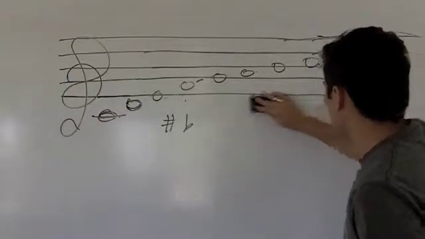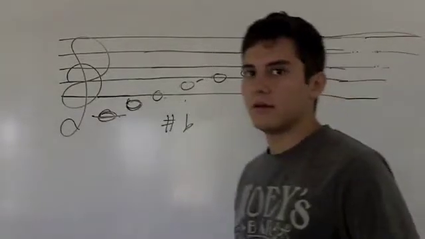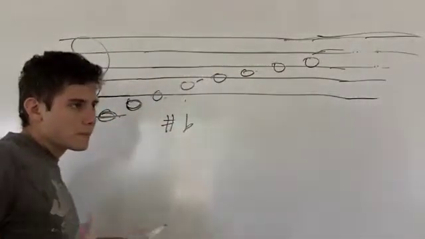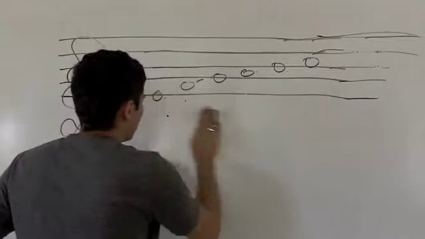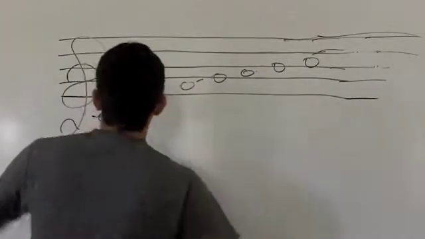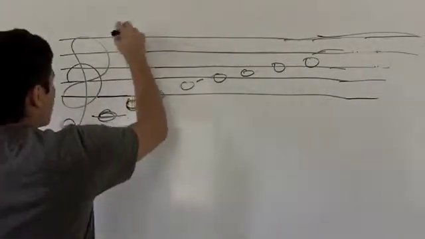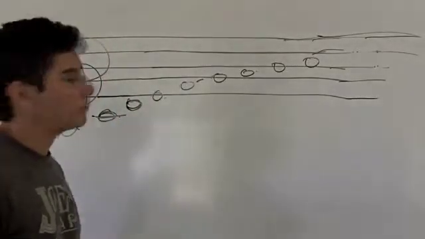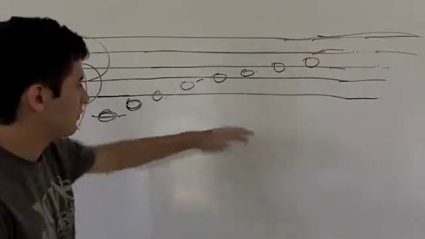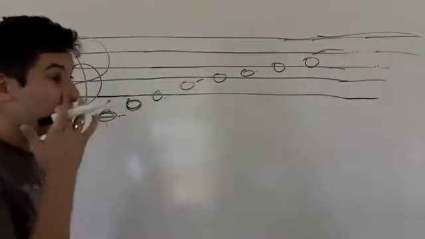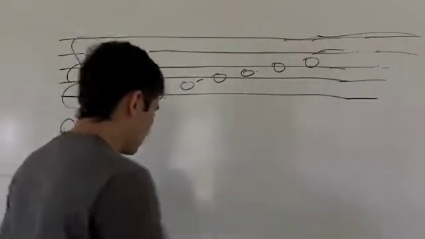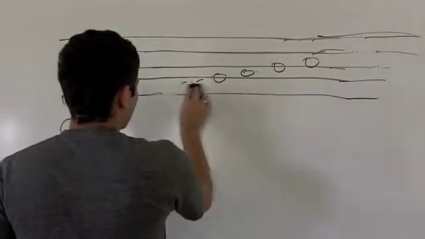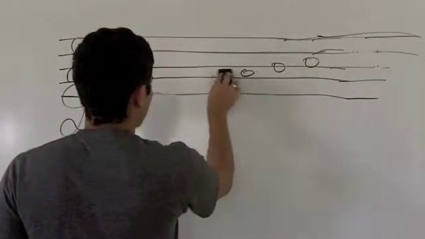And keys are based off of scales, which I'll explain some other time. I haven't explained scales yet. They're kind of hard to learn, so I'll explain them later. But you have different keys that are designated up here. And so based off of the key that you're playing, you'll know which notes are sharped, which notes are flatted, and things like that. So the reason that you see a natural, let me explain how keys work real quick. So when you're using sharps